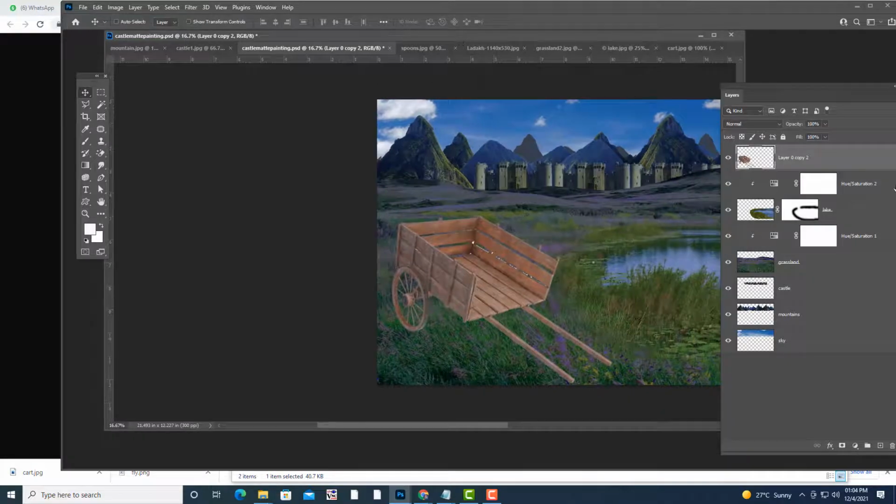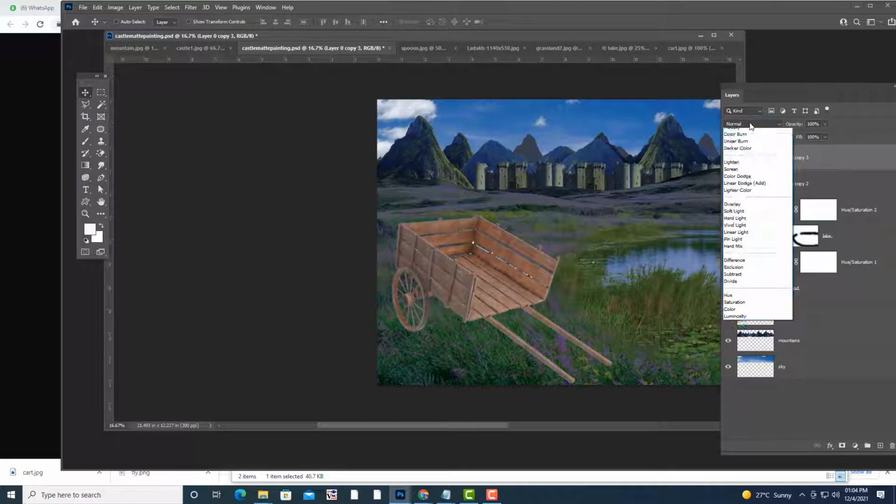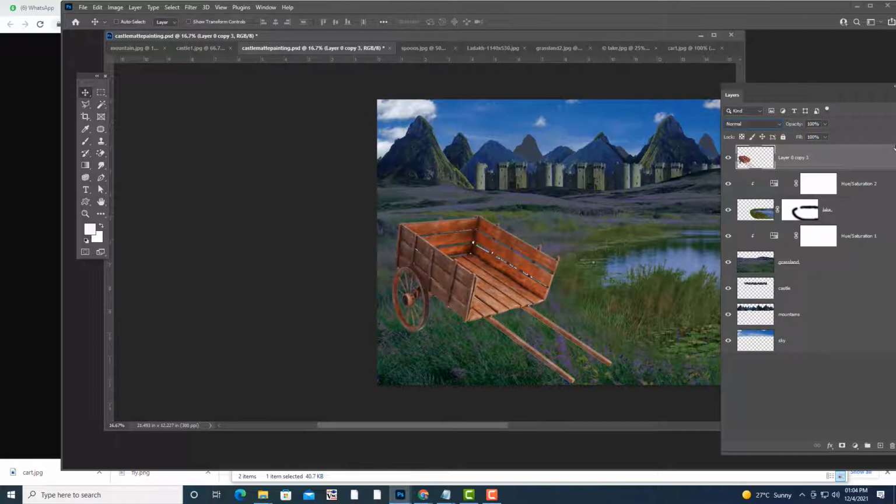Now what we'll do is take one more duplicate here, Control J, and actually we can use this overlay. See, the overlay will look a little bit dark, able to understand? We can merge these things.